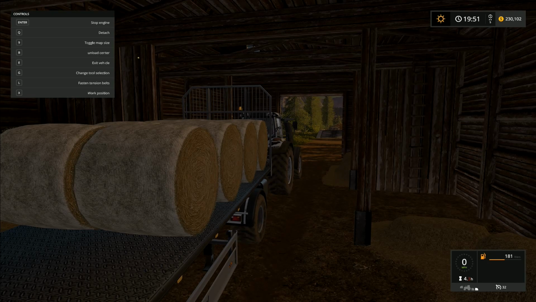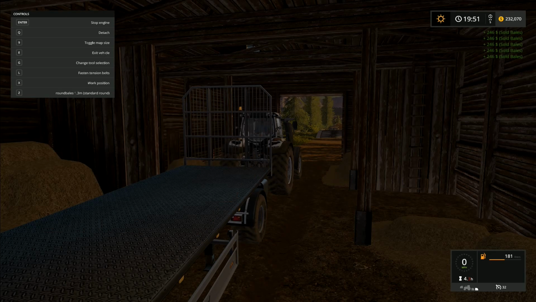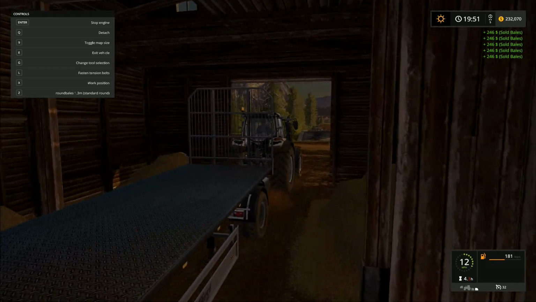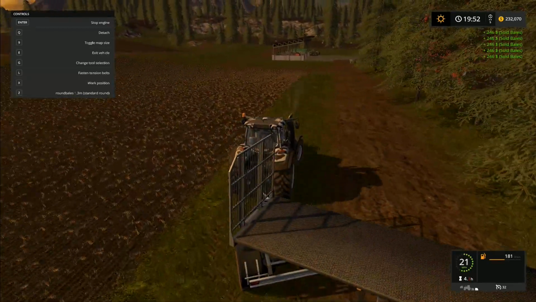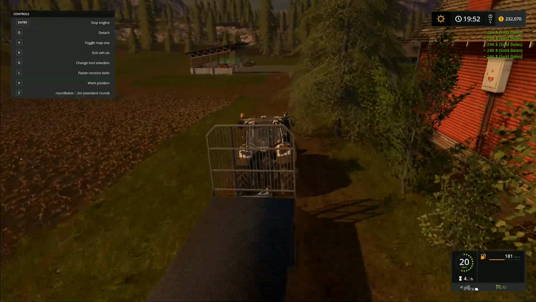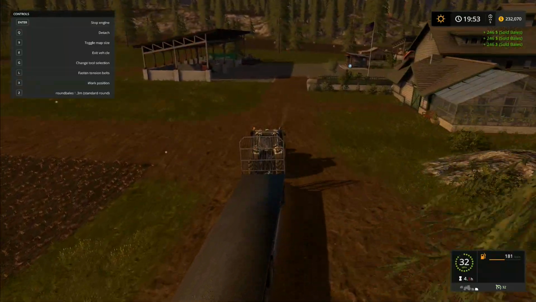Now I need to... Actually, how do I unload? It's Y. You press Y to unload. There. Instant sale while they're in here. So I'm going to go and get the rest of those bales, and I will... So we only get $250 a bale. That's not a huge amount, really, is it? For all our hard work. I suppose it's better than going backwards and forwards with the...